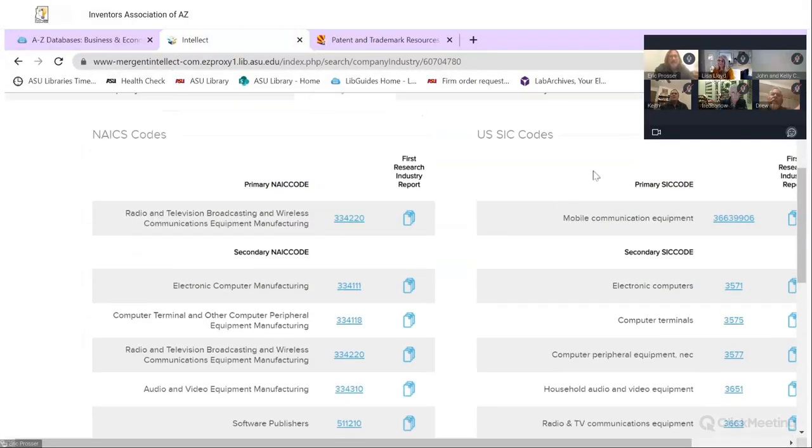I'm sorry, I thought you were going to switch away. Just don't leave this page yet. No, go ahead. I was getting close. I was just going to say, you've also got another set of codes over here that are also used. Most places right now, any place you can search, usually you can search under one set or the other, or both. But just be aware that depending on where you're looking, you may need to use the SIC codes, or you may need to use the NAICS codes.